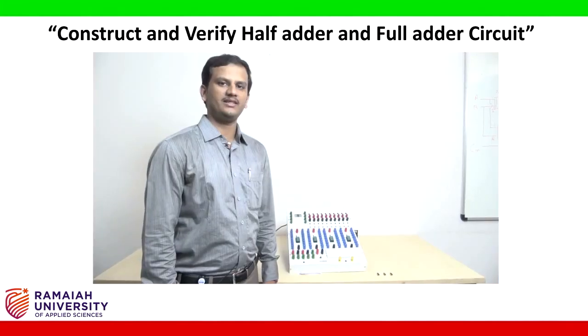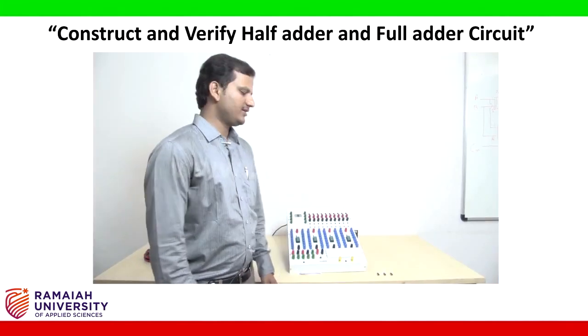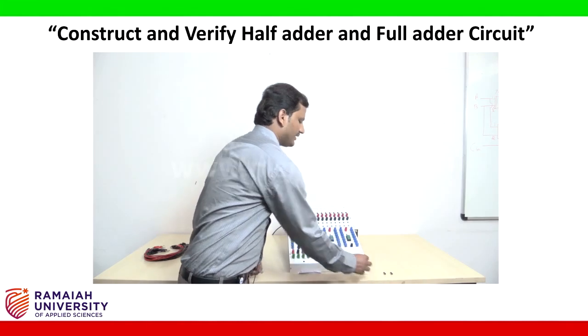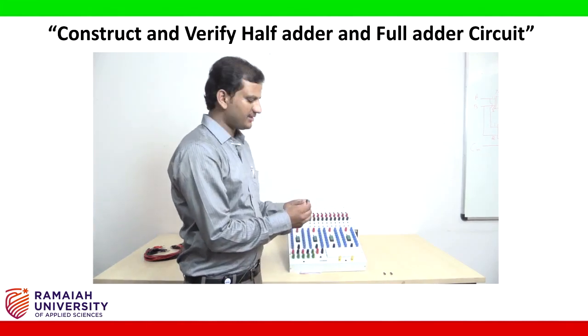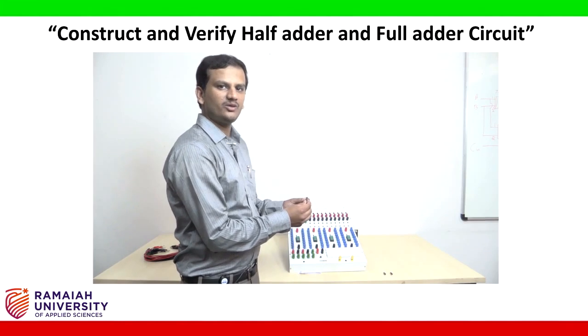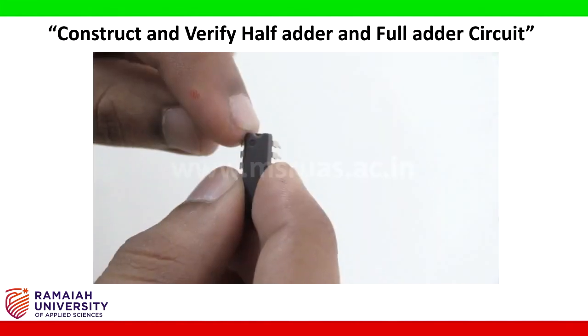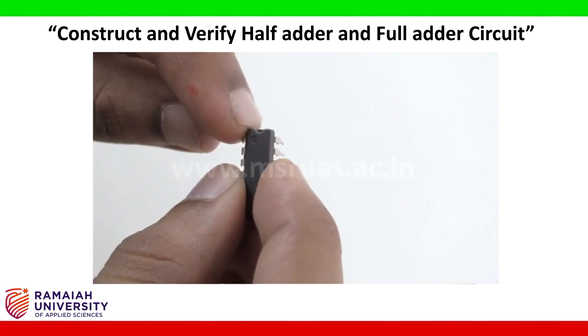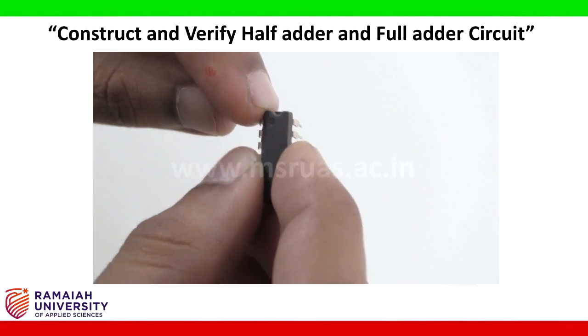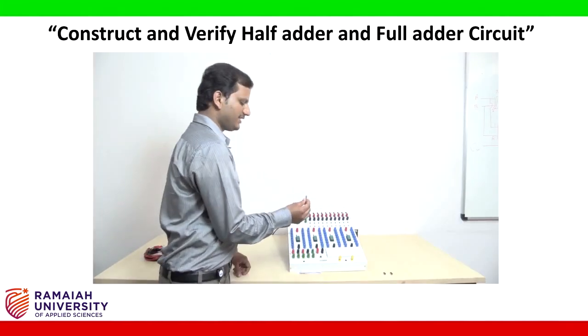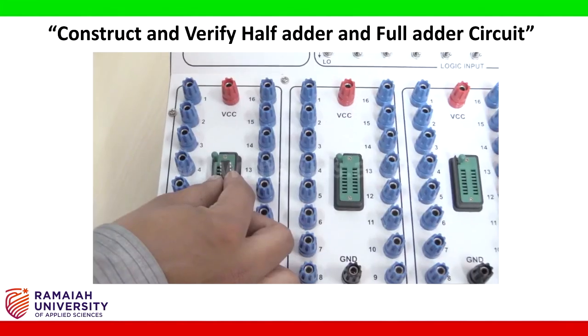Now let us place the ICs into the IC bases. So now first is XOR gate, this is 7486. While placing this IC into the IC base, make sure the notch of this IC is always directed upwards. So now I am going to place this IC into the IC base 1